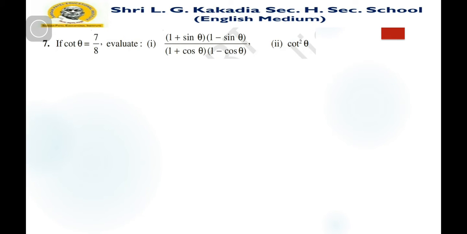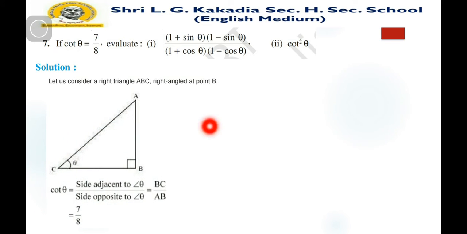Now, given in question number 7, cot theta is equal to adjacent side upon opposite side, that we know. So here there are two examples that we are going to evaluate, we are going to find the value of both. So first we have to draw the right angle triangle that is given.